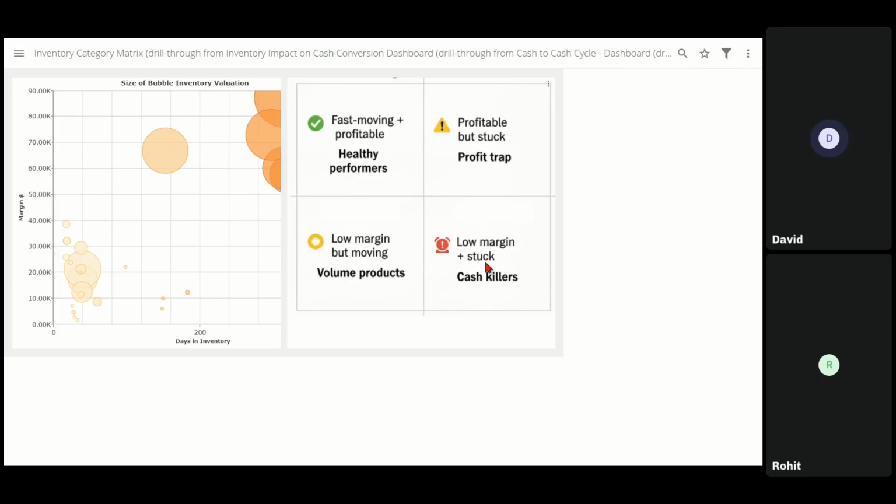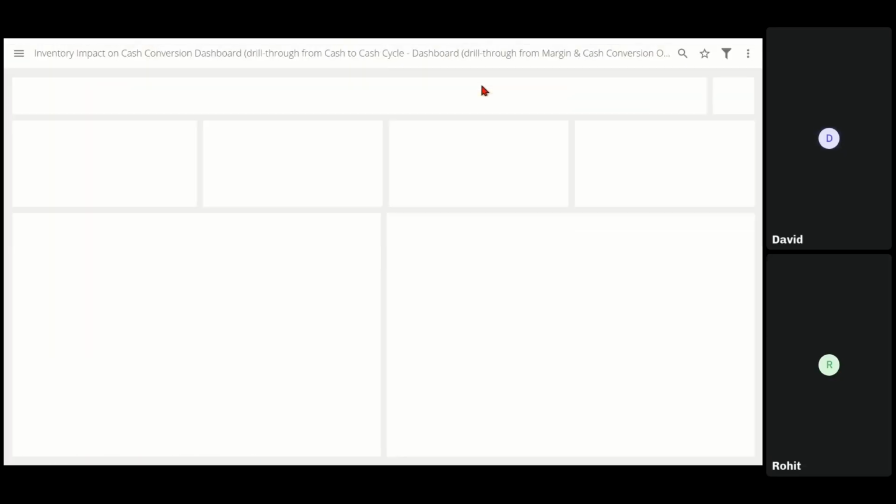In this case, we don't identify any cash killers, but we have some items that has actually, this is where the problem is sitting, right? We can see that we have a big portion of our products that are driving a lot of revenue, but these same products are affecting quite a lot our cash. So